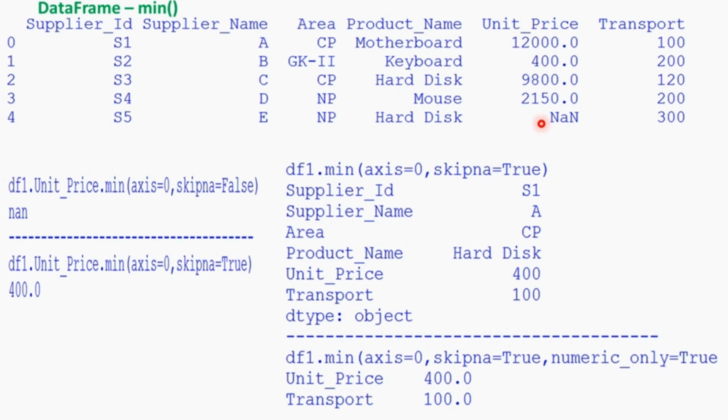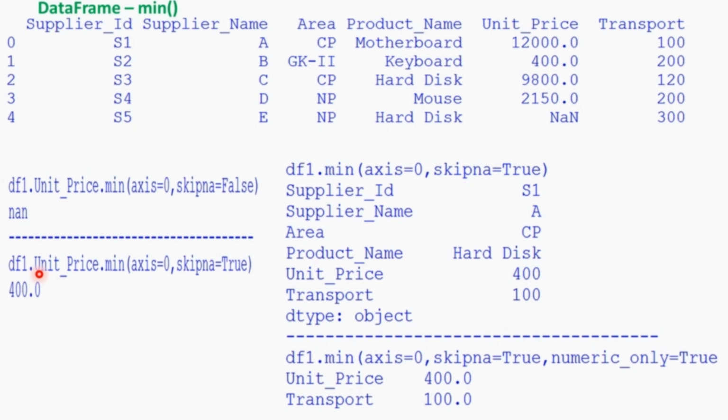So as earlier I told, if something is added to NaN, or something is compared with NaN, then you will get NaN as the result only. If some function we are using and you are adding, whatever you add with NaN, that will be NaN. And if we are finding the minimum value by comparing with NaN, then you will get the result NaN only. So we are getting NaN here.